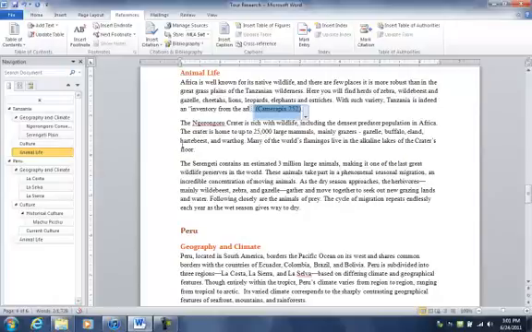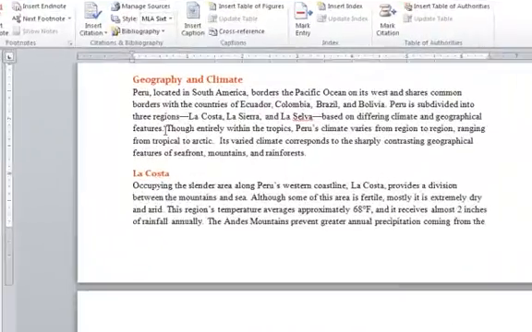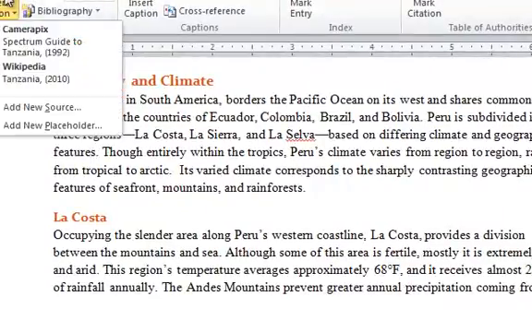After that, we're going to click on the Peru Geography and Climate heading. So here we are in Peru. And we're going to then move to the end of the second sentence after the word features and before the period in the first paragraph. So our first paragraph, first sentence, second features, there we go. That's where we want our cursor. We're going to insert a new citation here,